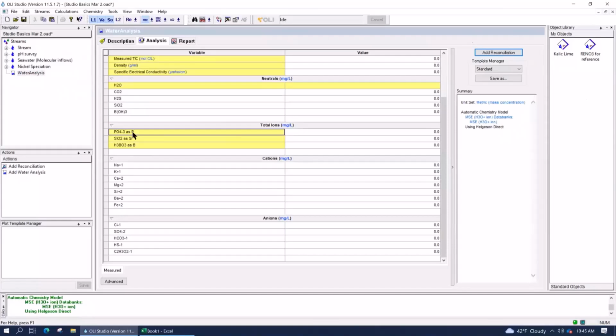So we have to help the customer out by allowing them to enter the data that they get from the ICP, which is usually total phosphorus, but knowing full well that it actually exists as what we call the oxyanion, phosphate. So you'll see that there's a fourth section here, where you can enter the ICP results as total ions, where you can add it as the element, but the software will automatically convert it to their oxyanions.